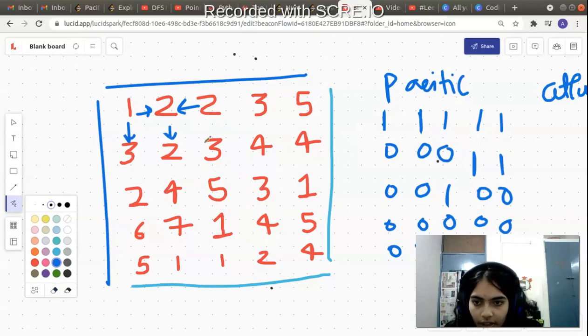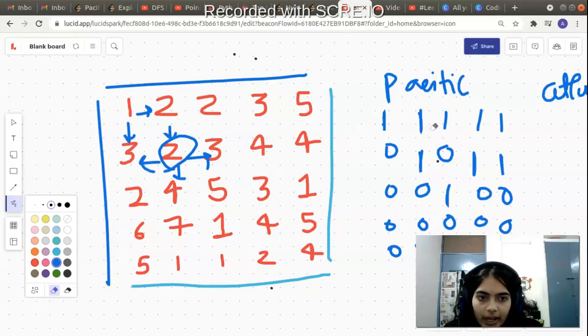Now we will return to the function call of this particular cell. This function call is also ended. Now this will call all of its neighbors. So you see, when this is calling all of its neighbors, first 2 is equal to 2, so this is fine, so we will make this 1. Now when it calls its leftmost neighbor, first let's look at the top neighbor. The top neighbor function will return back, it's already 1.